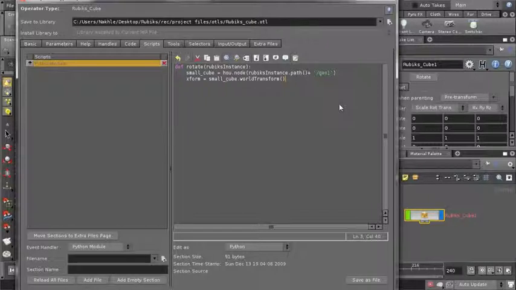Now that I've got my transformation matrix into a variable, I want to do the 90 degrees rotation, and then I want to set back the transformation matrix of my small cube. To do a 90 degrees rotation using the world transform, Houdini has a special function for that, and we will see that in a bit. So let me hit enter, and here I will declare a variable called rotation, and then I will make it equal to